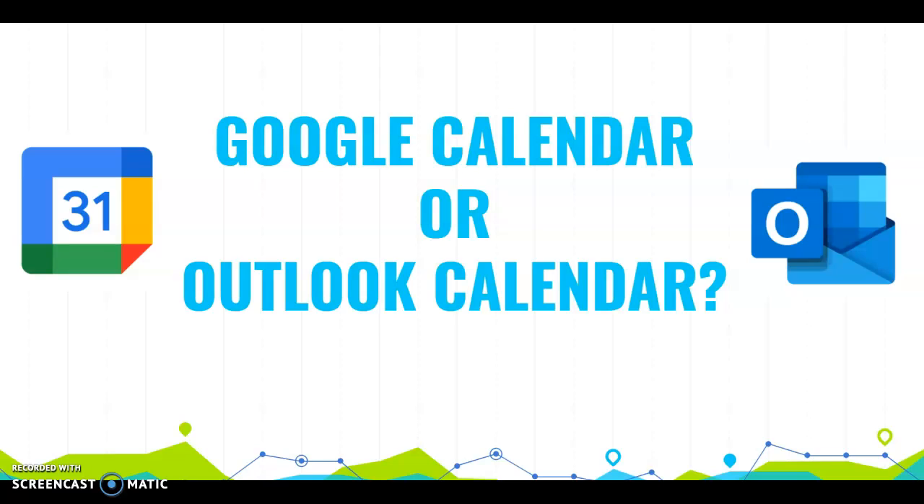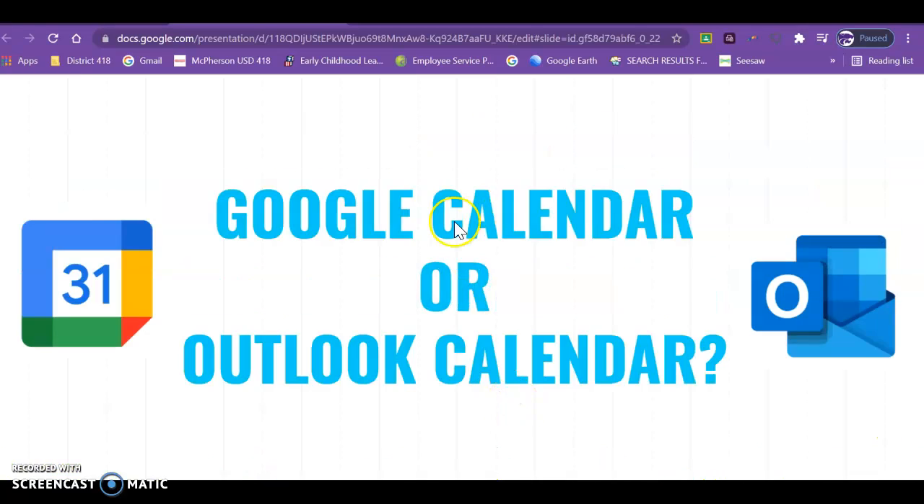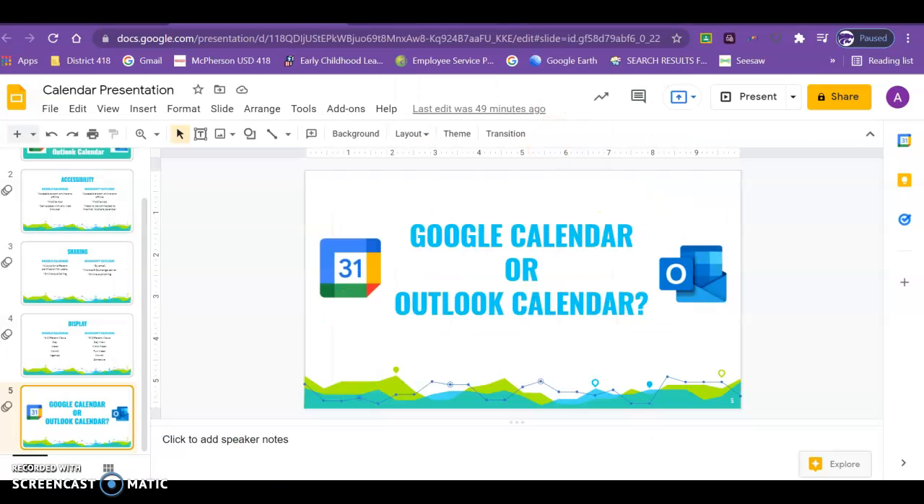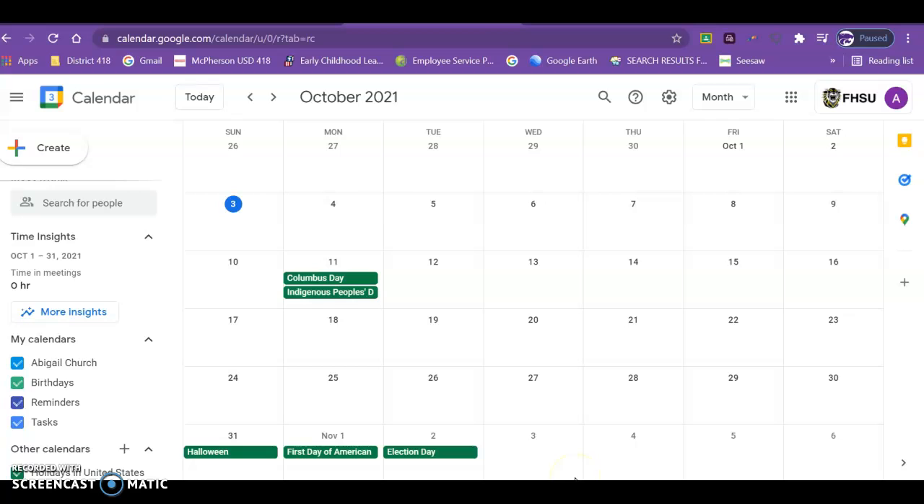Google Calendar is obviously with all of your Google outreach and apps, and so if that is what your district or employment uses, I would stay with using Google Calendar. But again, it's all preference and what you find easier and more compatible with what you use in your everyday life. So moving on from that, we were going to go next to a Google Calendar, and we are going